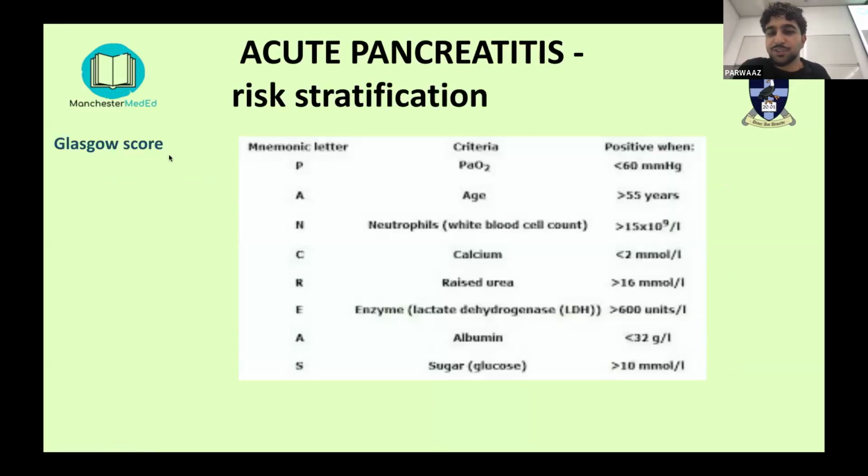So sorry for the really bad picture, but this is the best one I could find of the mnemonic. But this is the best way to risk stratify pancreatitis on the ward and in exams. And the mnemonic's really easy. It's just